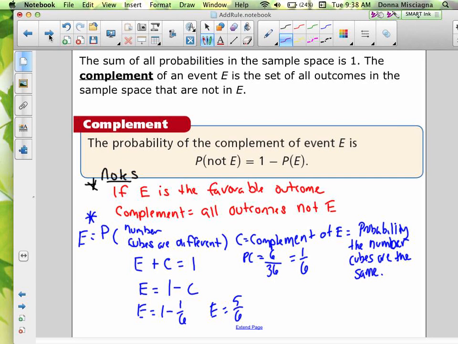Right? So sometimes it's a lot easier to find the probability of your complement, and you can just find that and subtract from 1, and you can find the probability of the event. Any questions on complement? I'm going to do a little bit more with complement, but